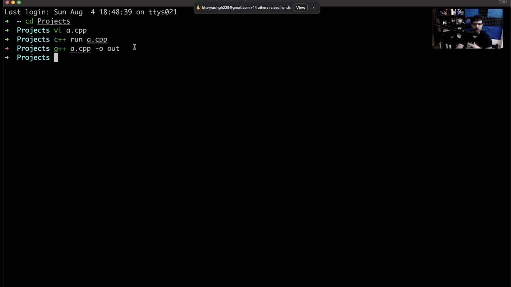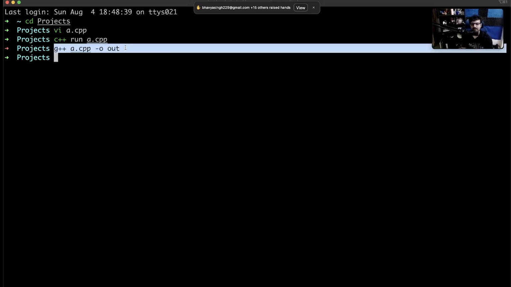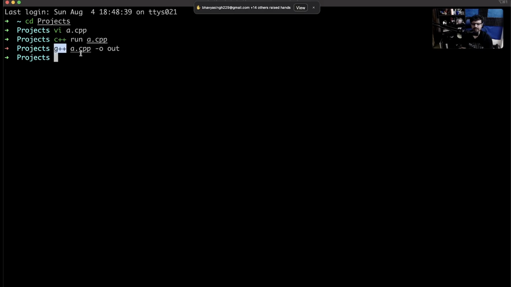Have some of you tried running this command? You might have, you might not have. If not, that is fine. But the point is, C++ is a compiled language. In this case, you first have to convert your high-level CPP code into a low-level binary, which then you run. If I now run ./out, my C++ code runs. It does nothing because our C++ file does nothing. But if I had written some code in there, that code would execute in the second step. That is what a compiled language is.